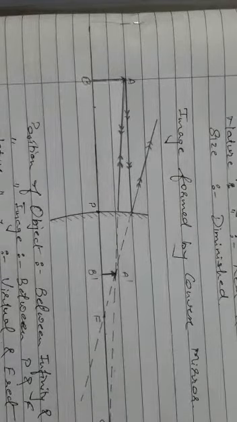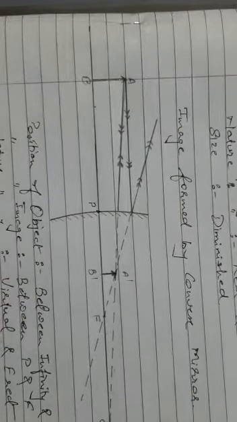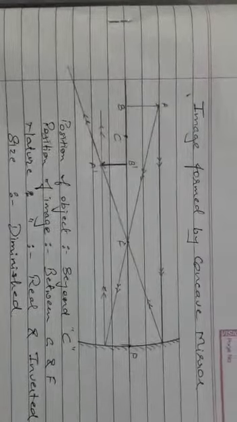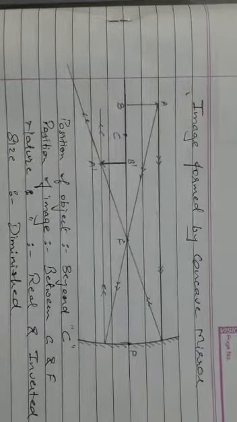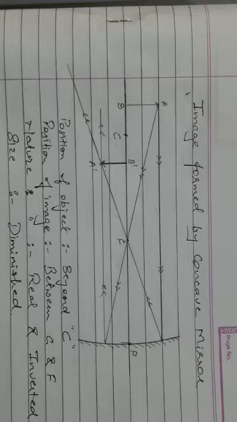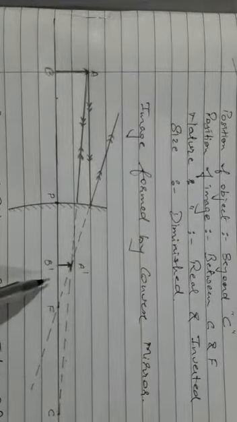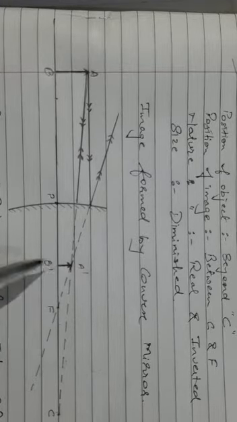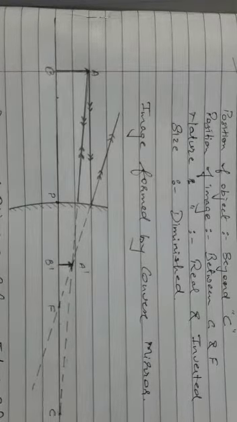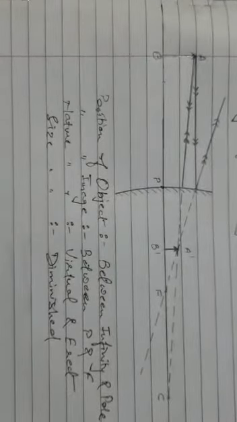Fine. So it is diminished and erect, like it was in the case of concave, where it was real and inverted. So why is it real? Whenever you obtain the image on the screen, that is called a real image, and here real and inverted is obtained. Here you are getting an image on the back side of the mirror, not on the front of the mirror, so it is always virtual and it is in the erect condition. That means it will be a diminished size of image which is obtained here.